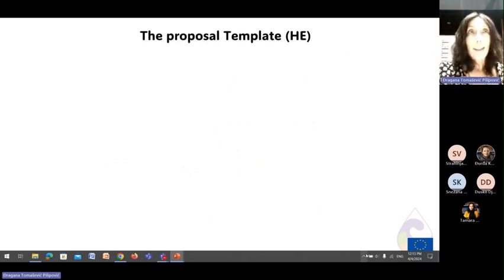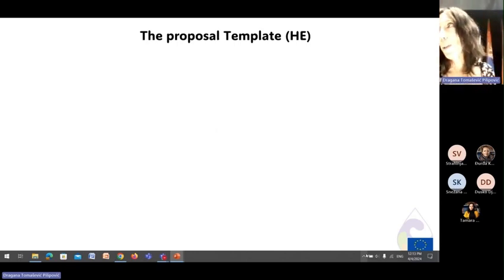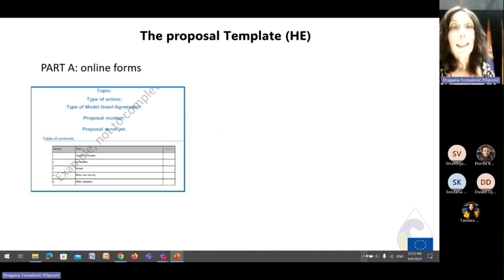Okay, so now I'm going to start to talk about the proposal template. I don't know if you have some experience, if you have looked sometimes at the proposal template, well, someone says yes. It's divided in two parts. We have a part A,